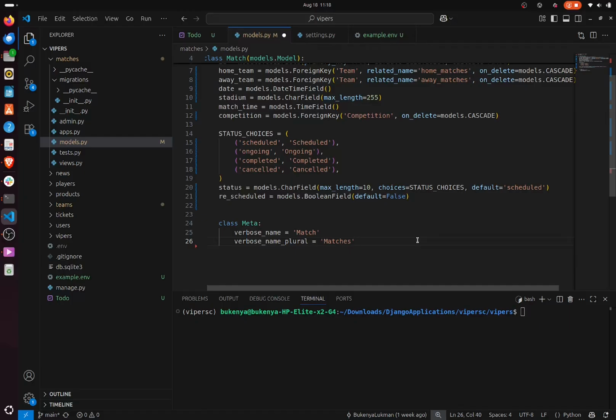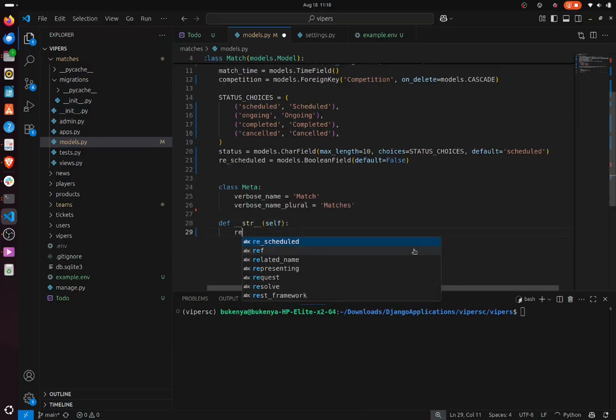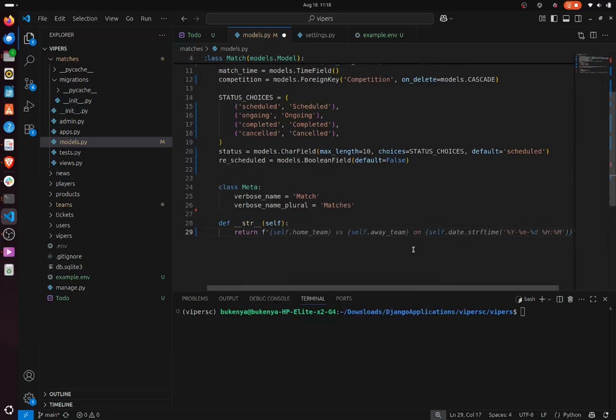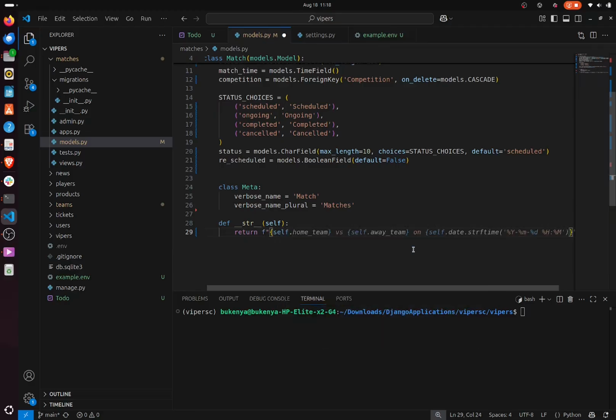How do we want things to appear in the admin? We define the string data method, and we want to look at the home versus away team. We really don't need these dates, so we can return if self.home